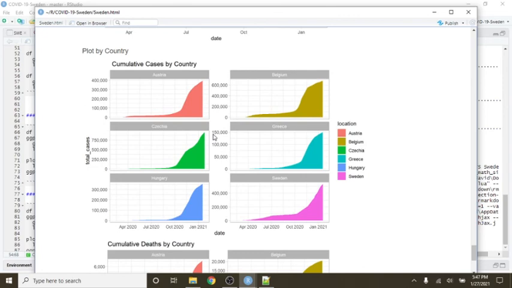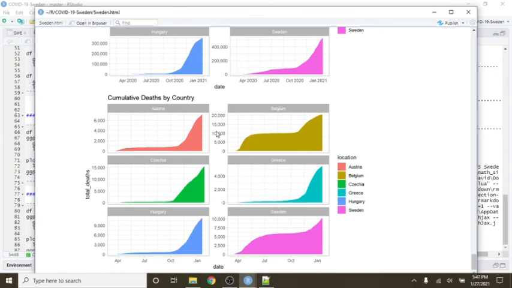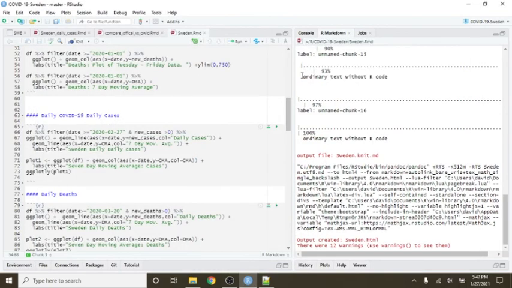Now if we split those numbers out, what you can see here is, to a certain extent, all the cumulative cases look pretty much the same. Where we see a difference is in cumulative deaths. Notice that Belgium and Sweden are similar, although Belgium has many more cumulative deaths, but all the rest of the four look a little different. Okay, so what's the good news for Sweden today? Well, the weekly number of deaths shows some promise that this week could be lower than the last 2 or 3 weeks. Okay, so that's the best news I have for Sweden today.